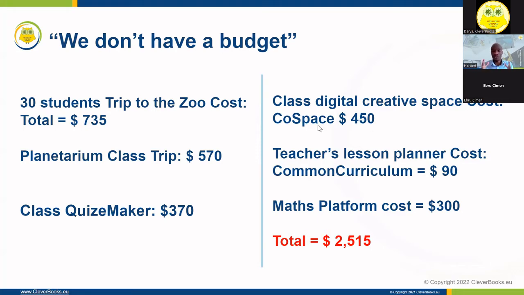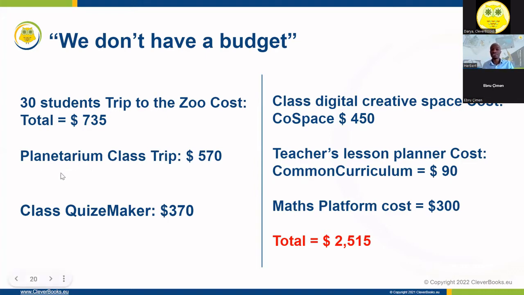And by the way, you won't even get half of what we are trying to promise you today here. And if you want to simplify your teaching process yourself to make things easier and plan everything, again, you see that there's another cost attached to that. And if you want a maths platform to make complex, abstract subjects simple, you see that there's another cost that's 300, and all that together, we are getting to a total of 2,515, not to mention the effort and time to try and integrate all these.